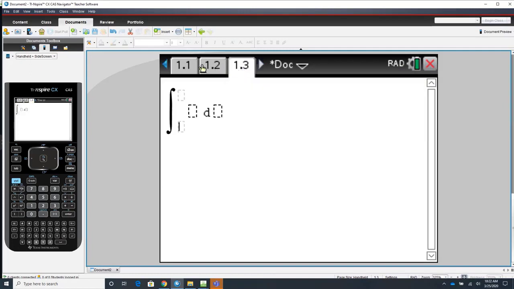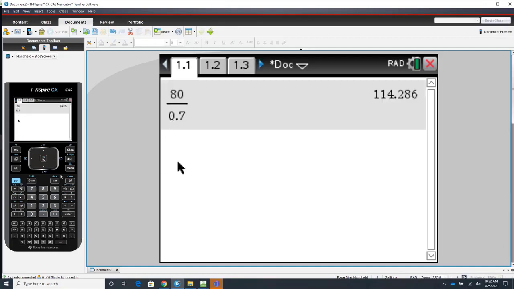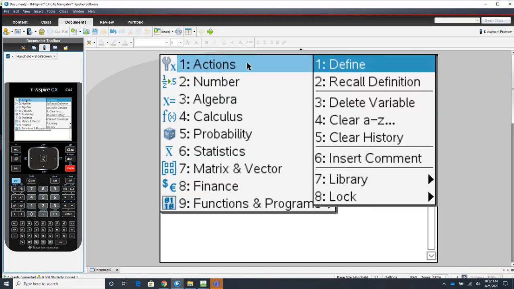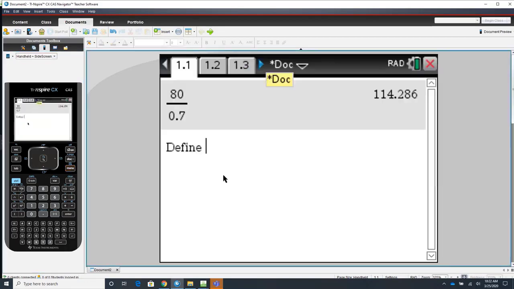So probably the easiest way is to first define the function and then figure out the integral, because otherwise we have to compute way too much. So action, define. I'll say r of x equals, and the equation I have to write down,